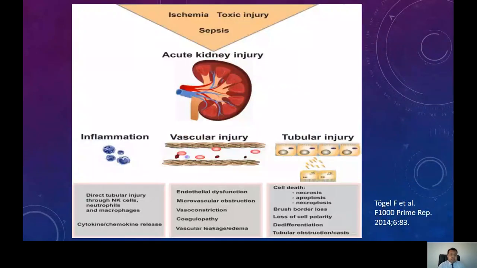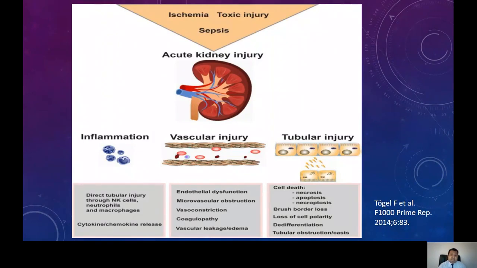Now, if you look a little bit in detail at the pathology, whatever the etiology, ischemia, toxic injury, or sepsis, there are three main aspects to the pathology of acute kidney injury. There will be inflammation going on, with a lot of cytokine and chemokine release. And there will be vascular injury, which will cause vascular leakage and edema. At the same time there will be tubular injury, starting with tubular obstruction and casts,